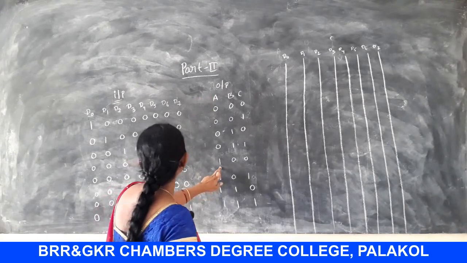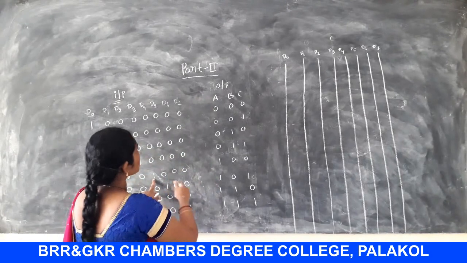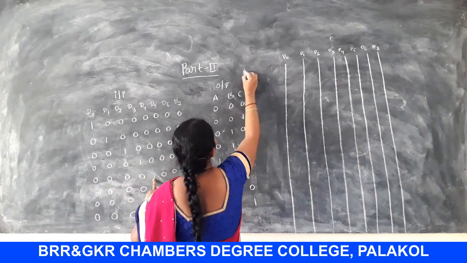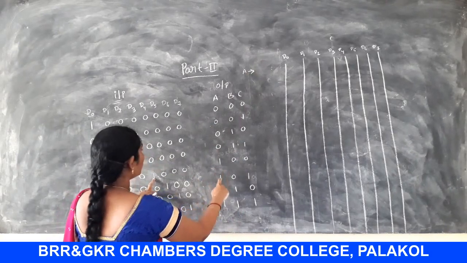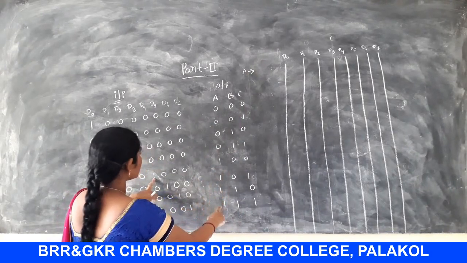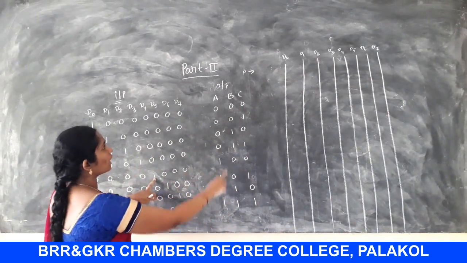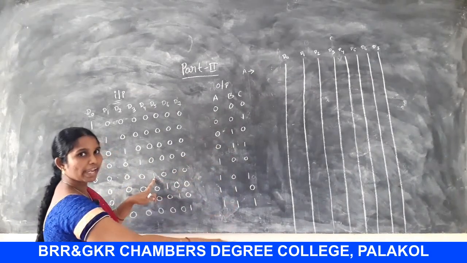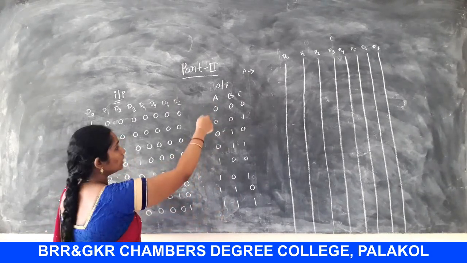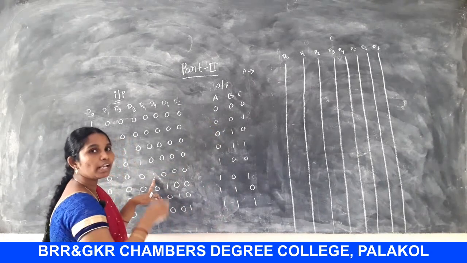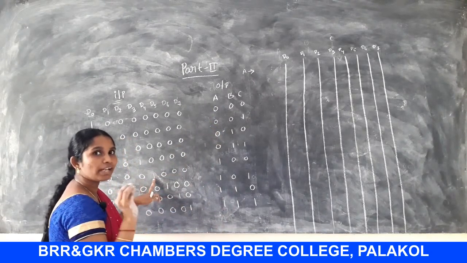So where will it be 1? We will consider D4. First of all I will write here for A. Where it will be 1: this is D4, D5, D6 and D7. You have to consider these. So I am writing the expression for A. How to write this expression? In this truth table, where the ones are there, those ones are considered as our expression.